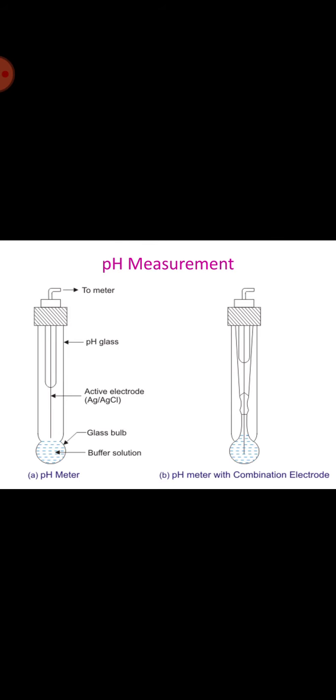The glass electrode that is shown here exhibits a high electrical resistance in the order of 100 to 1000 megaohms. The EMF is measured using circuits with high input impedance. The high resistance of the glass electrode causes a highly capacitive effect from AC mains. So in order to minimize such effects, the electrodes are used with a screen, and the screen is usually grounded to the measuring instrument. Error caused in pH measurement due to temperature effect can be compensated either manually or automatically.